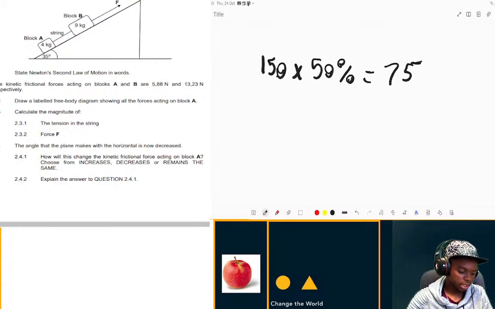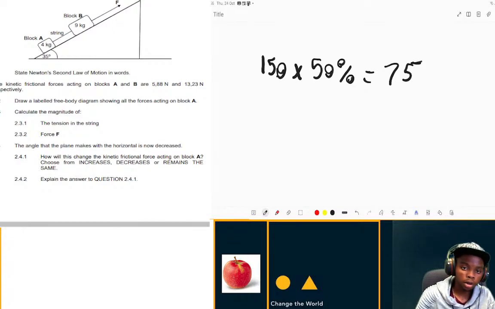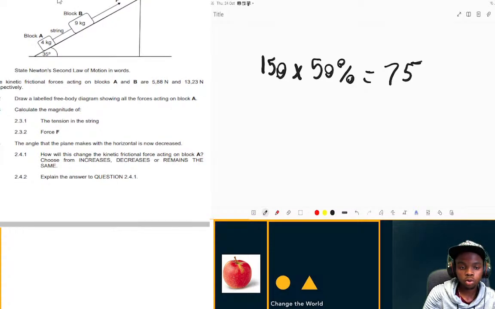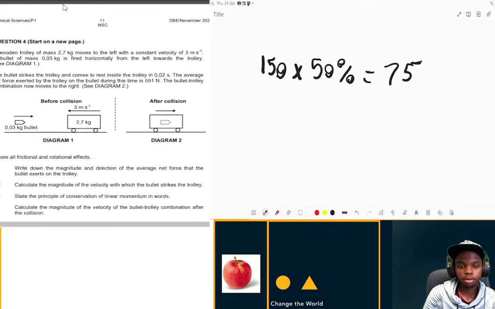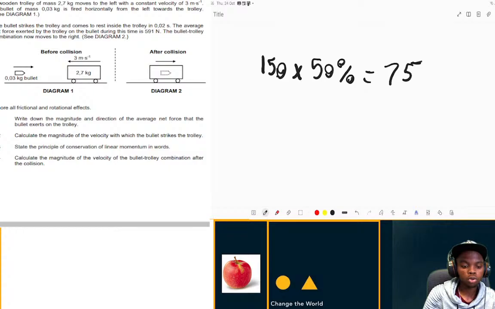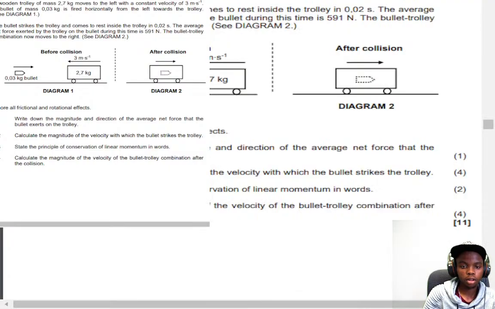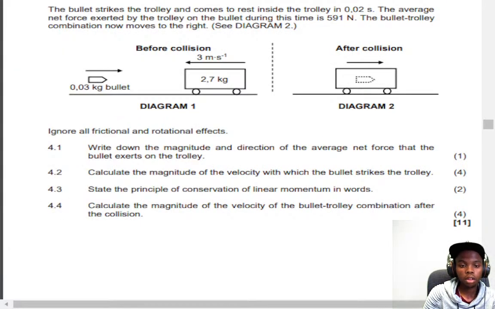Now, as I explained, questions like momentum are straightforward. You can get marks from just substituting. So guys, one thing I would advise: do not leave the questions blank. Do not leave the questions blank, because if a question like momentum